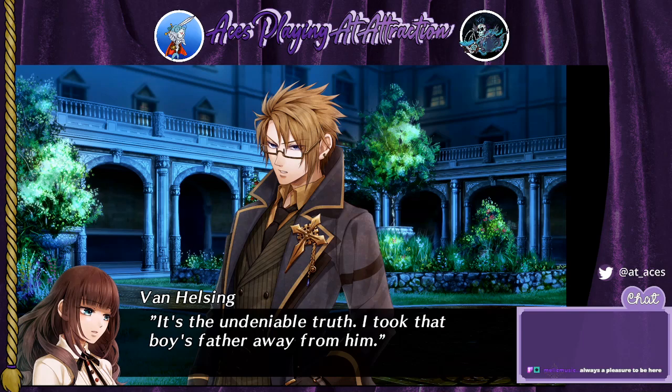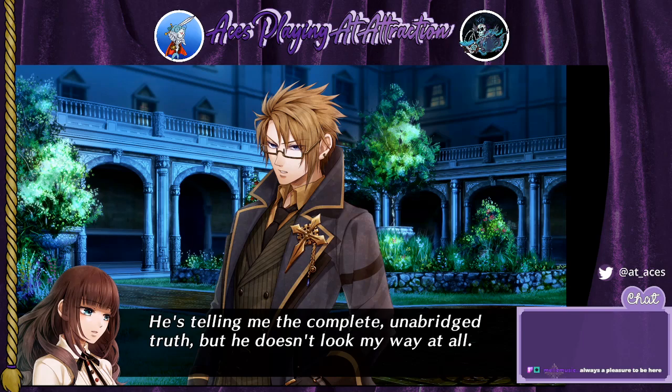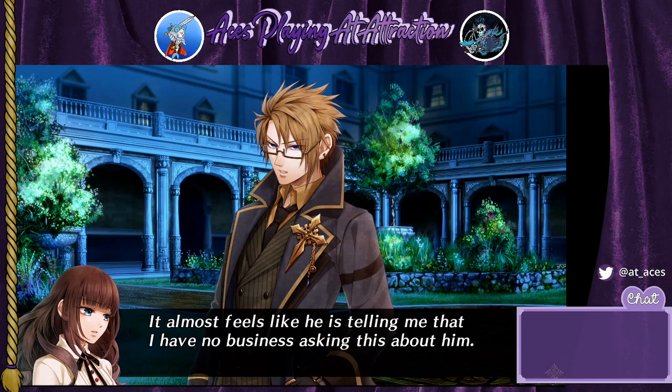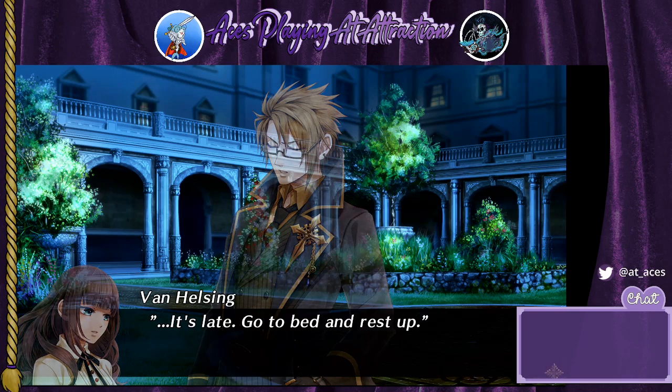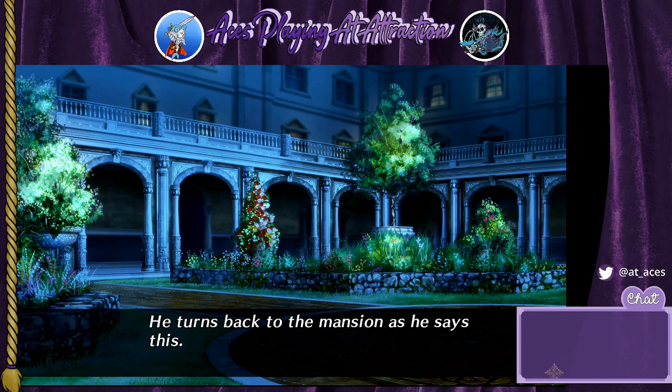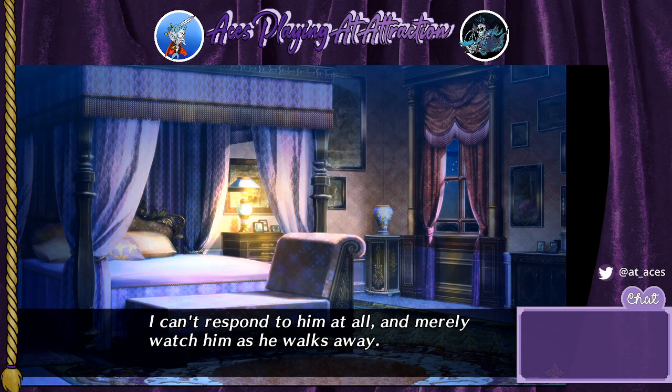It's the undeniable truth. I took that boy's father away from him. His words are stern, distant. He's telling me the complete, unabridged truth, but he doesn't look my way at all. It almost feels like he is telling me that I have no business asking this about him. Well, she kind of doesn't. It's late. Go to bed and rest up. He turns back to the mansion as he says this. I can't respond to him at all and merely watch him as he walks away. When you walk away,